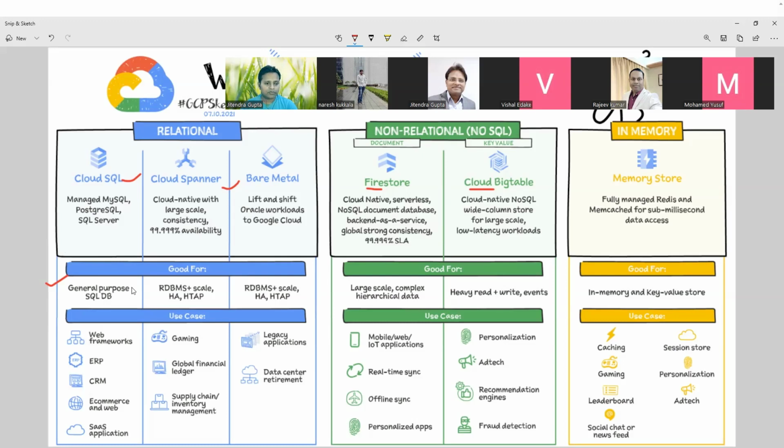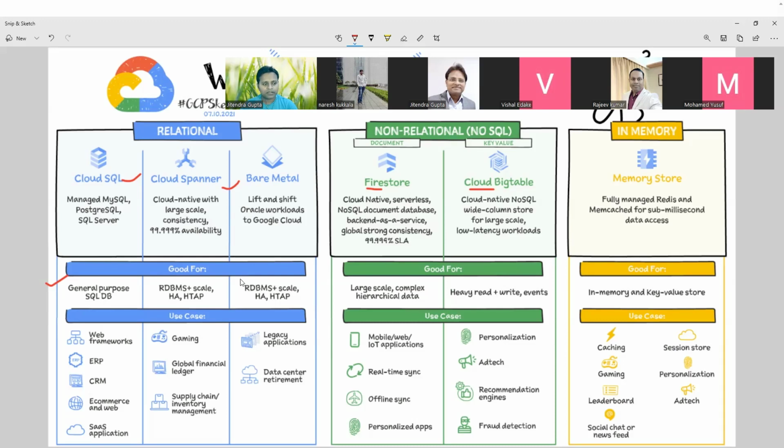Okay, so for that we have the option of Cloud Spanner, which is again very much cloud native for large scale requirements, and it is providing me an availability SLA of 99.999%. Okay. The good thing about these databases is that it's an RDBMS, highly available, okay? And we are getting high throughput here, and it is suitable for gaming. Again, the one that we talked about,